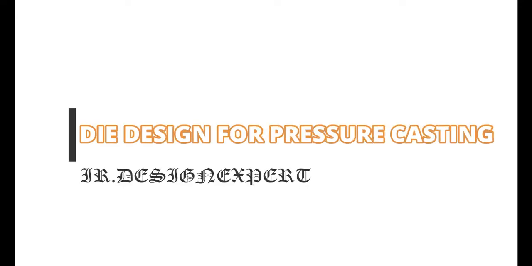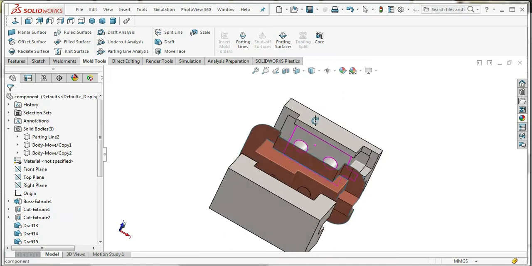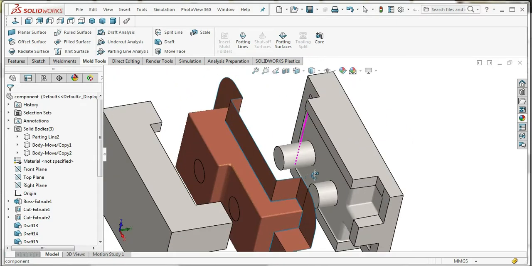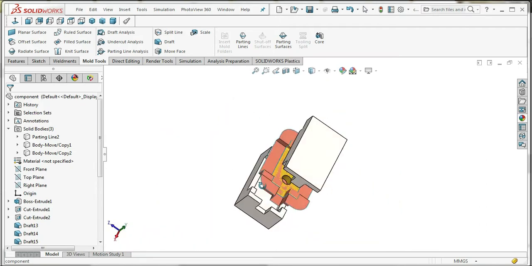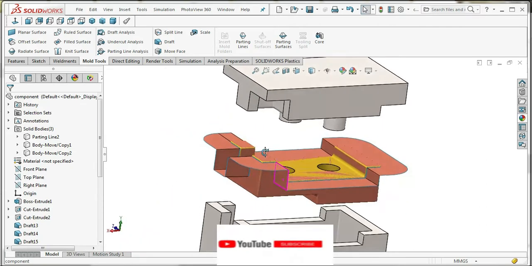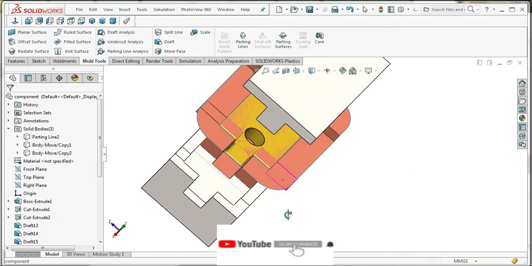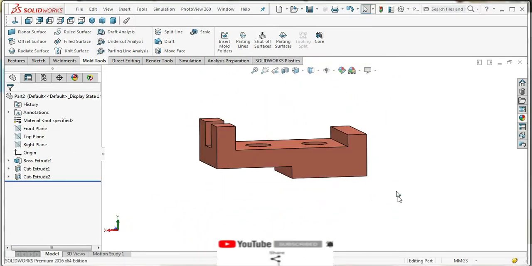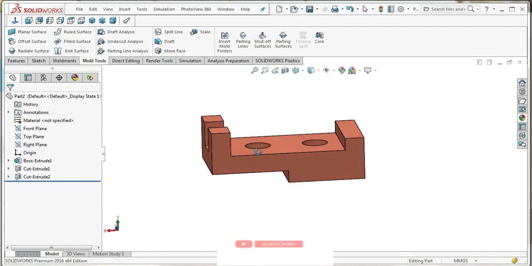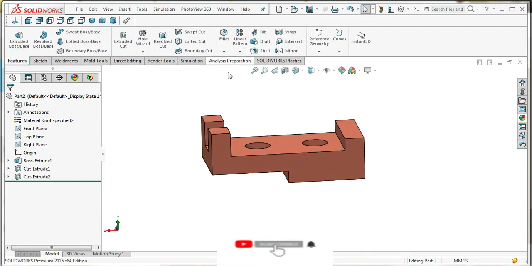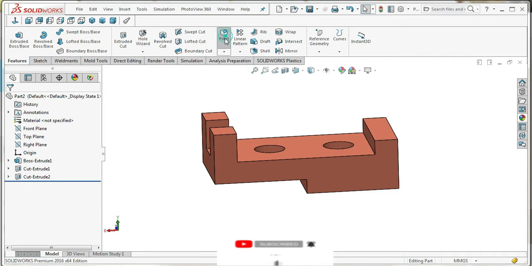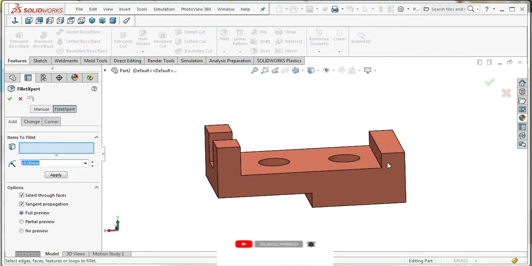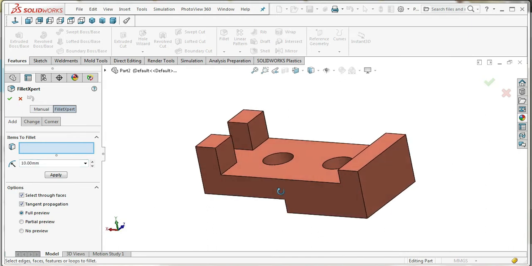Today we are discussing die design for pressure die casting. This is a component manufactured with the use of a casting model. For this casting model, a parting line has to be created, and then we can split it into two halves: the fixed die and the movable die. This is the component. First we have to create it with a draft,